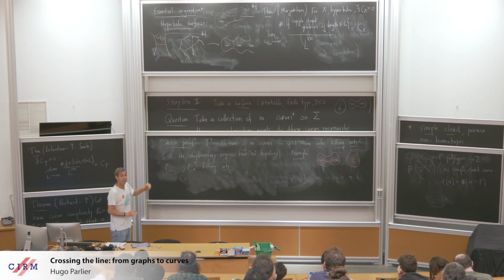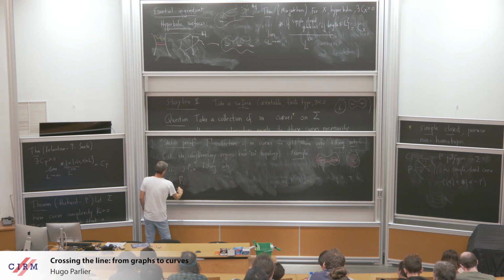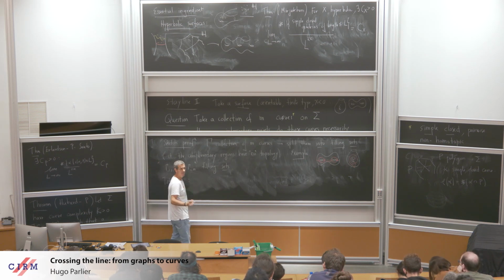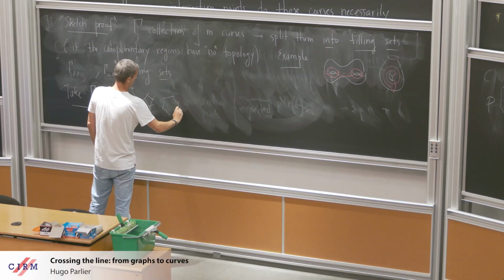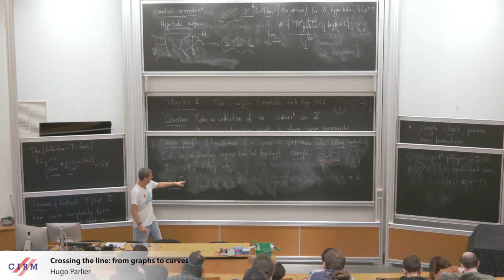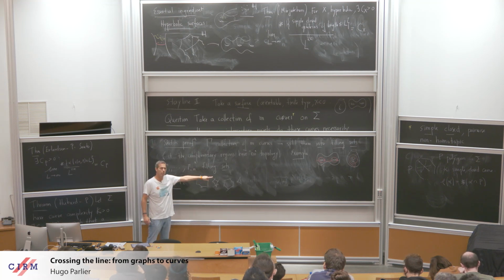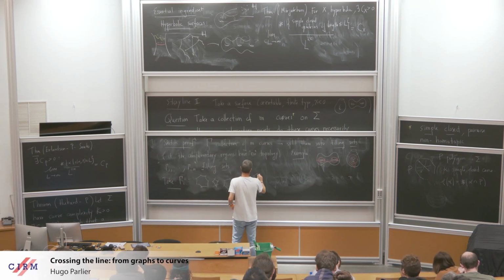And I have this collection of filling sets, and the key thing is now I take one of them. I take one of these filling sets. In polygons I tend to draw such that they look hyperbolic, and that's just because that's the way I was. And I take these polygons, and what I do is I can paste them together to create a single polygon.